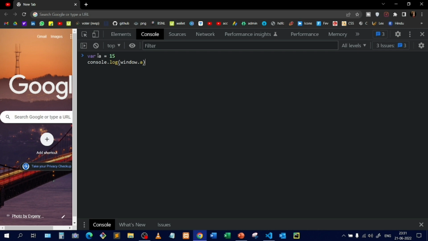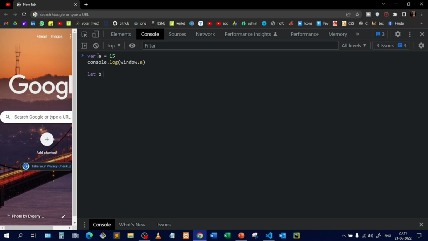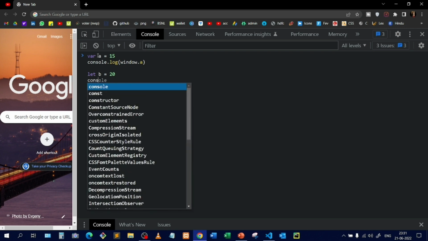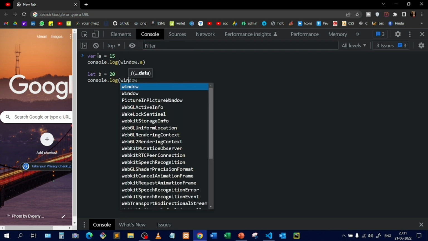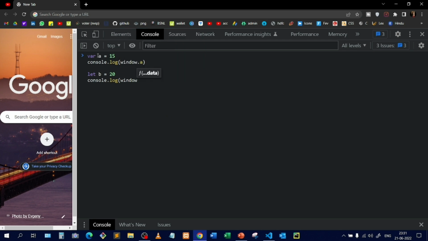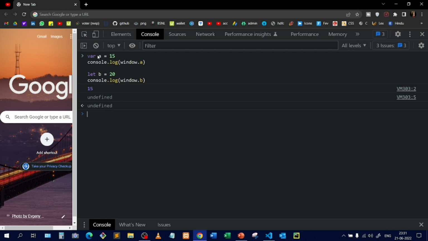And close this, and let me create another variable with the let keyword, assign it the value 20, and let me console that as well, console.log, and inside that I'll write window.b. Now when I hit enter, you can see over here the first value is printed,